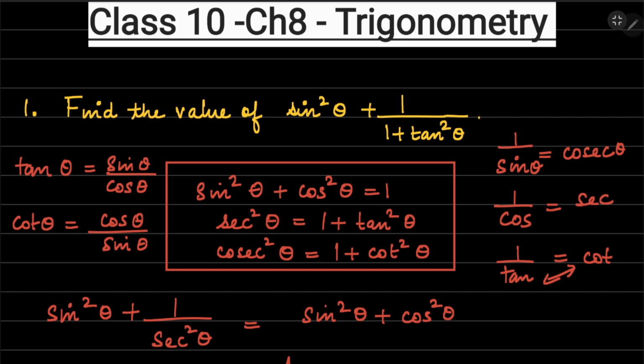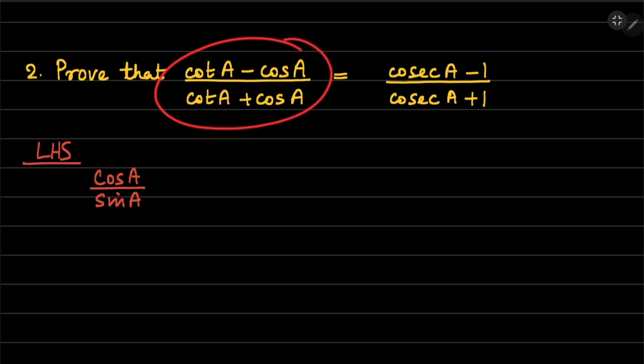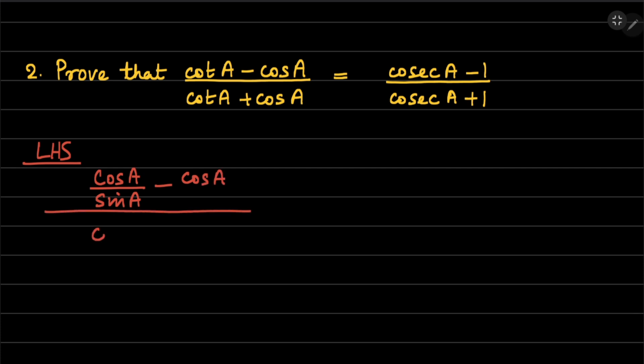Okay, these are also things which you have to remember. So now, what is cot A? Cot is nothing but cos by sine. Okay, so cos A by sine A. I'm just taking the LHS. Minus cos A. Let me write it as it is. I'm just converting everything into sine and cos. Minus cos A whole divided by denominator. It's again cot A, which is cos A by sine A